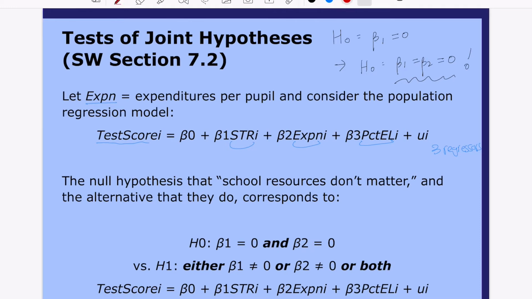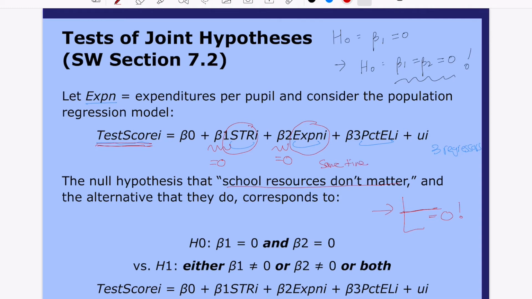So what is connected to school resources? We will say the controllable variables from the school's perspective are STR. They can manage the student-teacher ratio, and also they can manage the expenditure per pupil, right? Then we can say the school resources don't matter, meaning it does not change the test score, right? So what do we say? The slope should be 0, right? For both, right? So we want beta 1 to be 0 and beta 2 to be 0 at the same